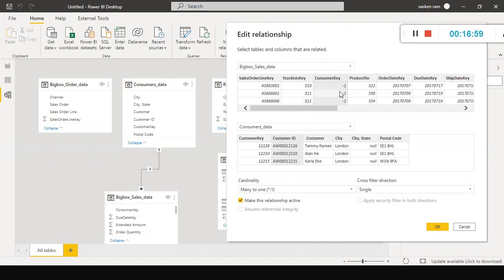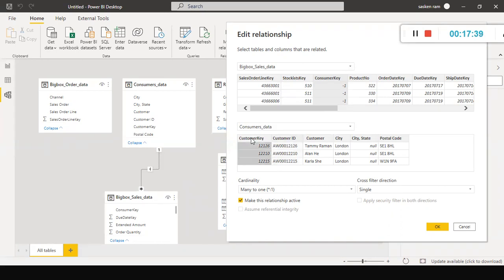Here I am just checking the customer ID and consumer key. I just created a link. Whether the link is correctly created or not, just by looking at the data you can also decide. Look here, this is my customer ID and consumer. So no, it is wrong, right? Here AW00 something is there, whereas here the customer key is -1. It's not an alphanumeric value. What is an alphanumeric value? A combination of text and numbers. AW is text and then a number. These are called alphanumeric. So I suspect it is not a customer. I should not have used customer ID to join or link these two tables.